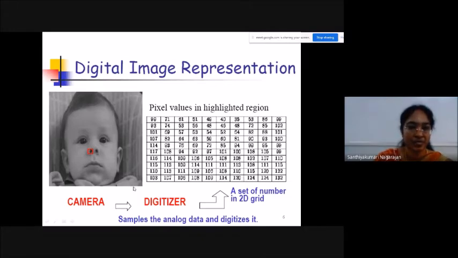We acquire that information with a camera. Then we are digitizing it. For digitizing, we sample this analog information and digitize it. The outcome of this digitizer must possess a set of two-dimensional grid values. Okay. As I have stated, each and every pixel element is represented as bits. So basically the number of levels is represented as 2 power n, where n might be either 0 or 1.